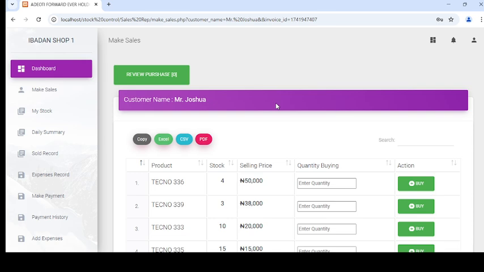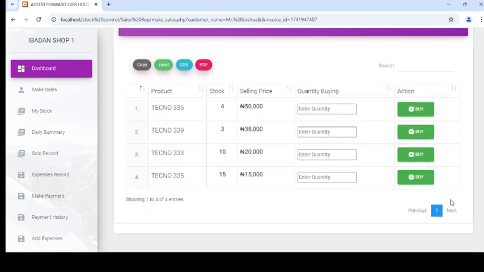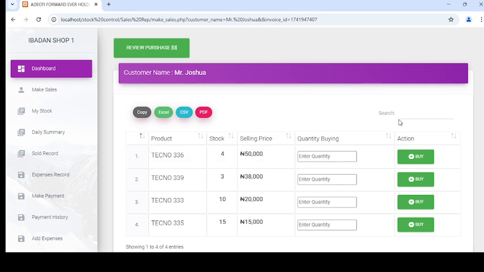Can you see it immediately takes you to where you can easily search for the product. It's showing customer name Mr. Joshua. Then can you see the search button here? If Mr. Joshua wants to buy something that you feel you might need to be scrolling for, instead of you to keep scrolling here, what you just do is come to this search input here. You just type the name of the product the customer wants to buy,